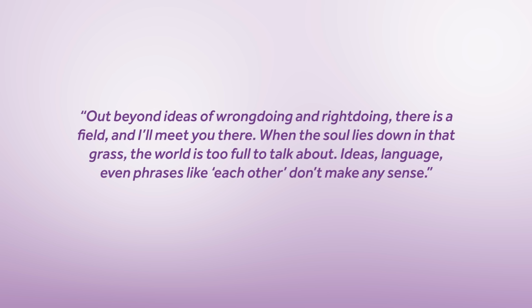And what Rumi is referencing here in this beautiful poem is this idea that out beyond ideas of wrongdoing and rightdoing, out beyond all of our conditioning of concepts of right, wrong, good, bad, there is a field. And the field itself is everything behind it, all that you are and are connected to behind all of your conditioning, behind all of these fears, all of these concepts, all of these ideas of separation, and this person's wrong and this person's right, and this idea is wrong and this idea is right.